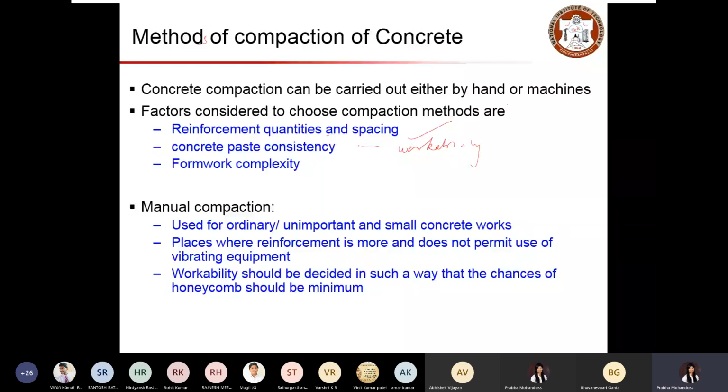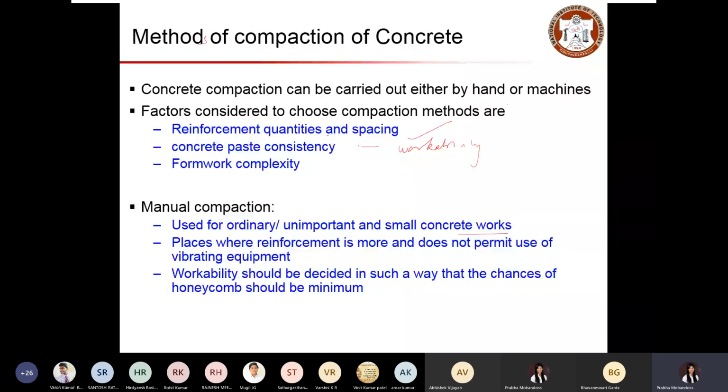So let's look at the manual compaction method. Manual compaction is typically used for small concreting works, especially when you have plain concrete or some unimportant works or small works. They just do manual compaction.